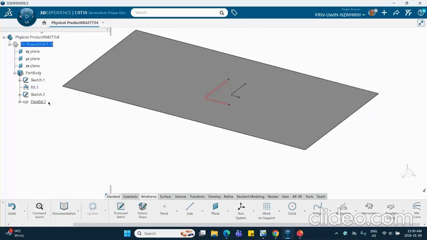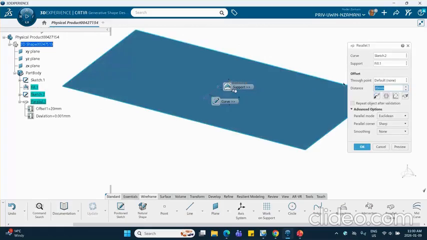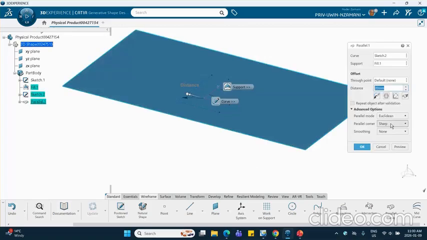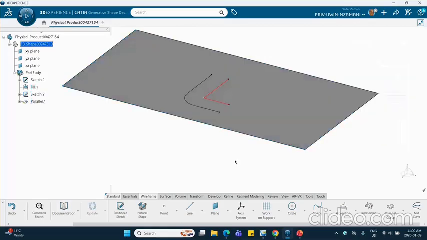Let me flip this thing. So how do you flip it? This dialog box or this icon. There we are. And now notice that what I can do is I can go and say instead of a sharp corner, I want a round corner. And then we say, okay, notice what happened. The radius of this is